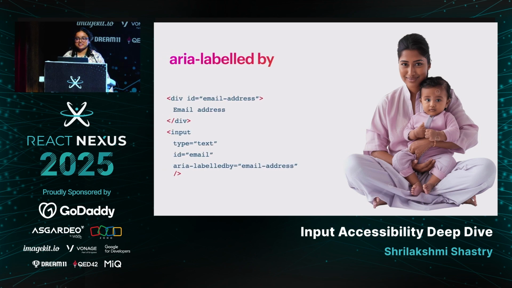It's just like the parent from whom a child inherits surname, family, etc. So any element in the DOM that can provide a label to the input tag can be considered for ARIA labeled by. ARIA labeled by takes the list of IDs, and content of the first ID is read first, followed by the content of the next IDs. When we have multiple labeling attributes, ARIA labeled by takes the highest precedence over any other.